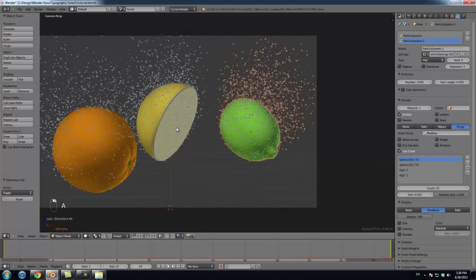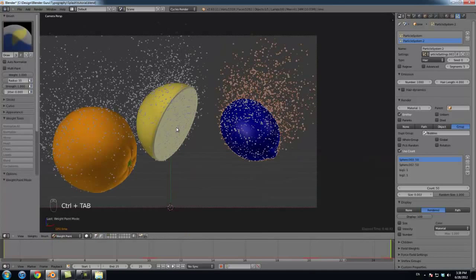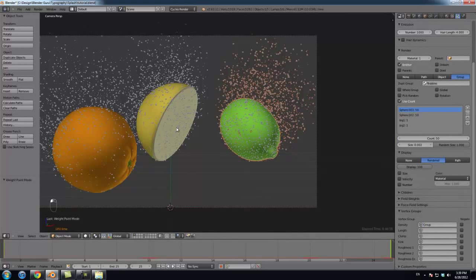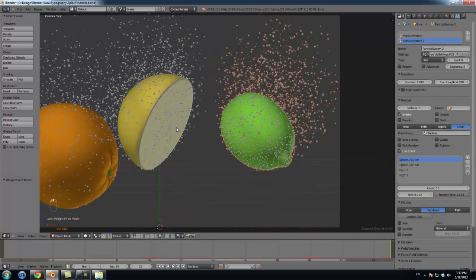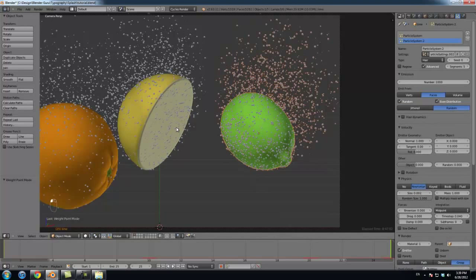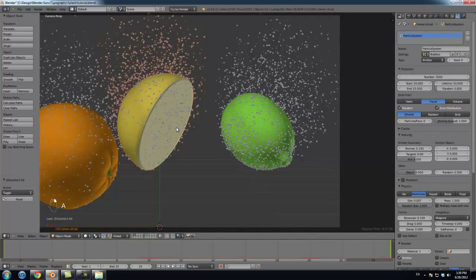just like that. And if you wanted to, you could also paint on, if you went into Control Tab, you can paint on here which parts of it. If you wanted just the under part of it to have the bubbles, then you can just paint like that. And then go down to the vertex groups and then select group. Also, let's click advanced, then go random distribution. There you go. And then you've got the bubbles appearing where they should, I guess,